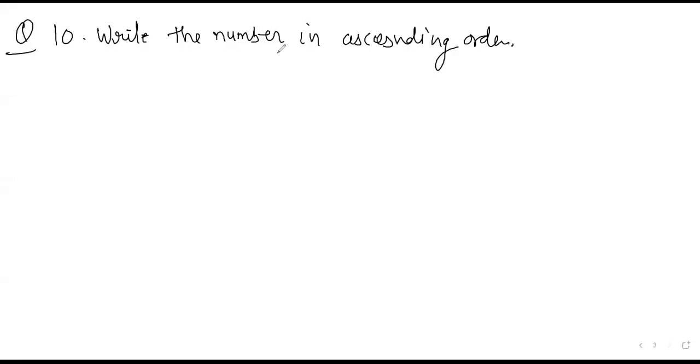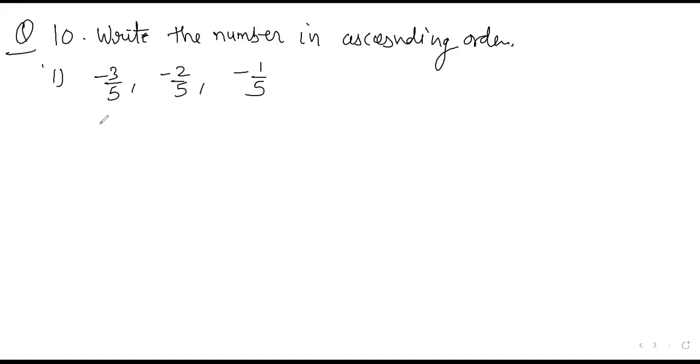Okay, sorry for the disturbance. First part: minus 3 upon 5, minus 2 upon 5, minus 1 upon 5. So first thing, very clearly, if the denominators are the same, then there is no problem. Only focus on the numerator. If the denominators are the same, focus only on the numerator.